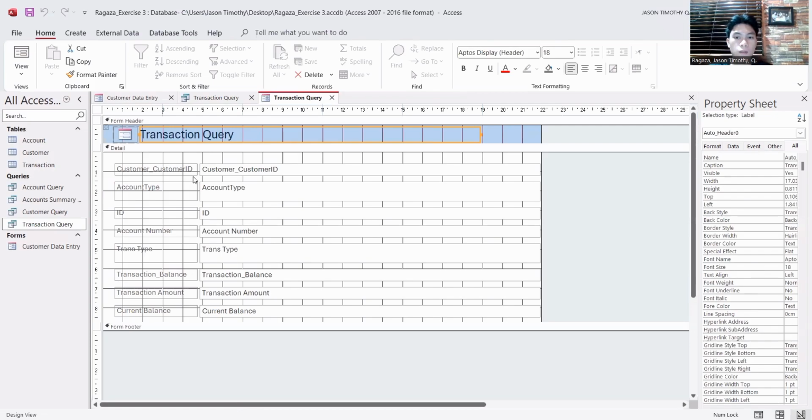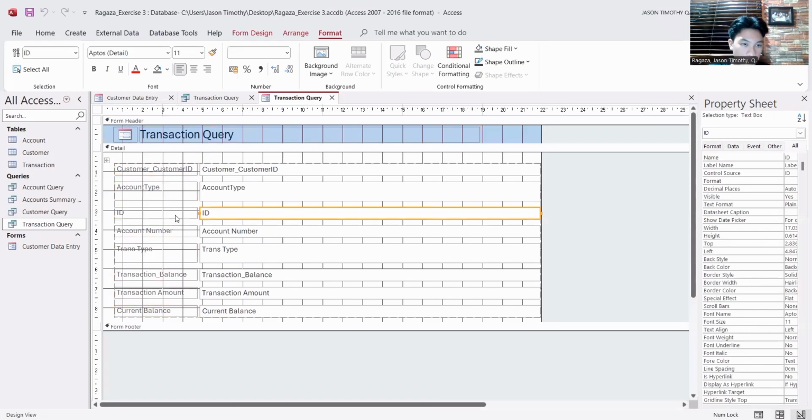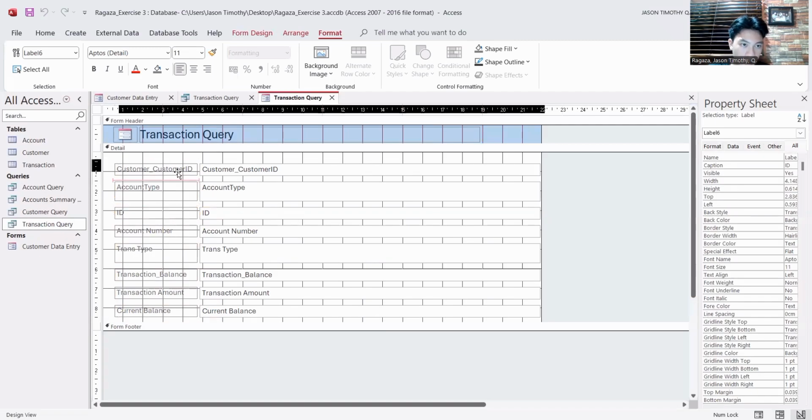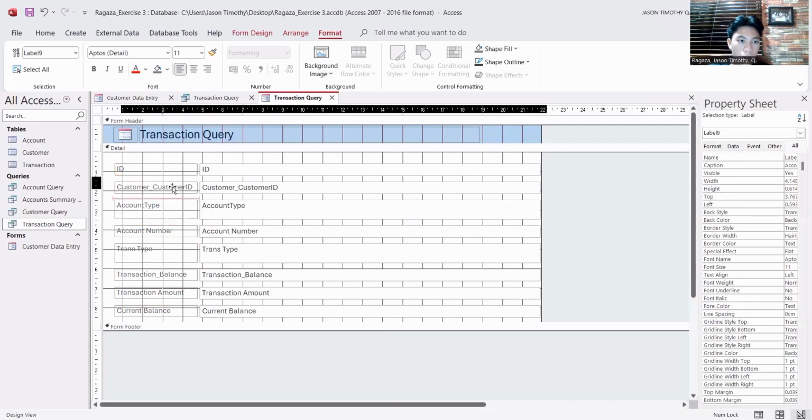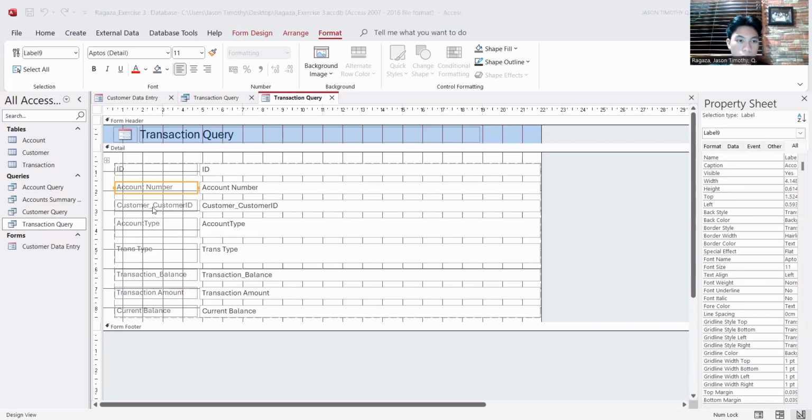But for this exercise, we are ordered to change its chronological form. So first, we're going to click on the ID as top, and then the account number, and then customer ID, account type, transaction balance, transaction amount, and then the current balance. And then let's click on the customer data entry and head over to the last page.